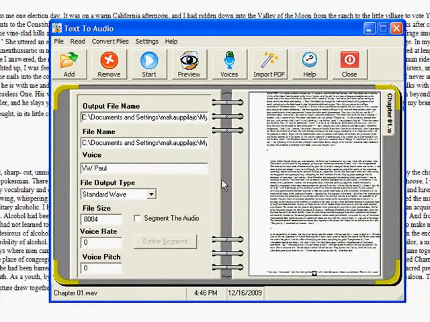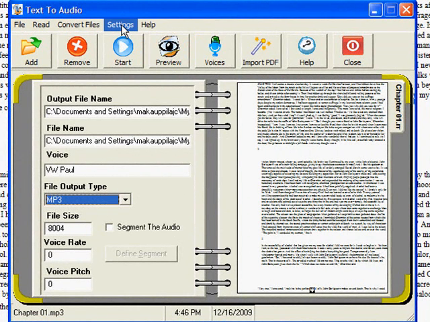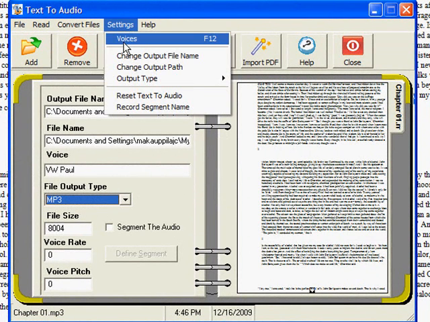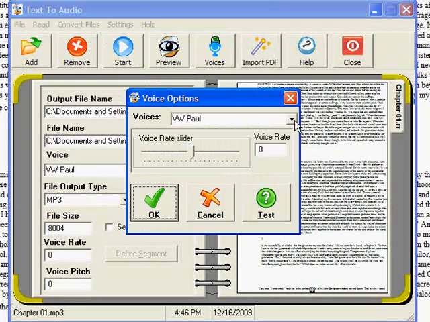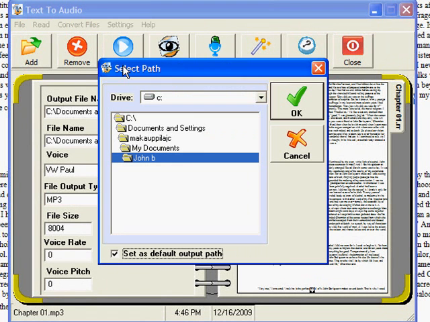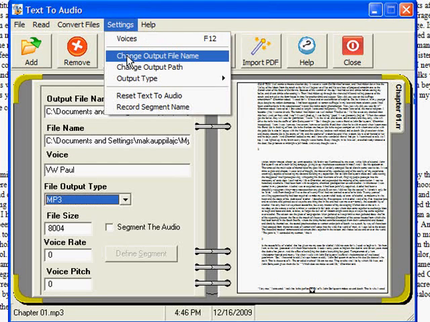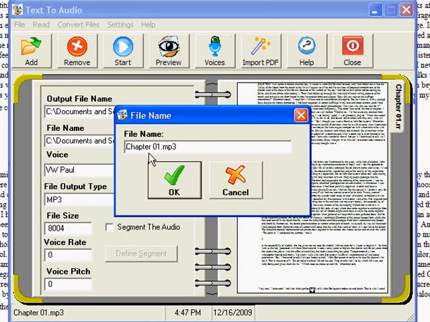Then it brings it into text to audio. I want to make sure that my settings are correct, so I want an mp3 file there. I'm very happy with the voice, but let's go to the Settings menu and look at our Voices tab. We can pick our different voices here if we wish. I'm staying with that, and we can select our rate. Going back to the Settings tab, I want to make sure that my output path will go to that John B folder in my documents. I like that. And that I make sure that my file output name is what I want it to be, which is Chapter